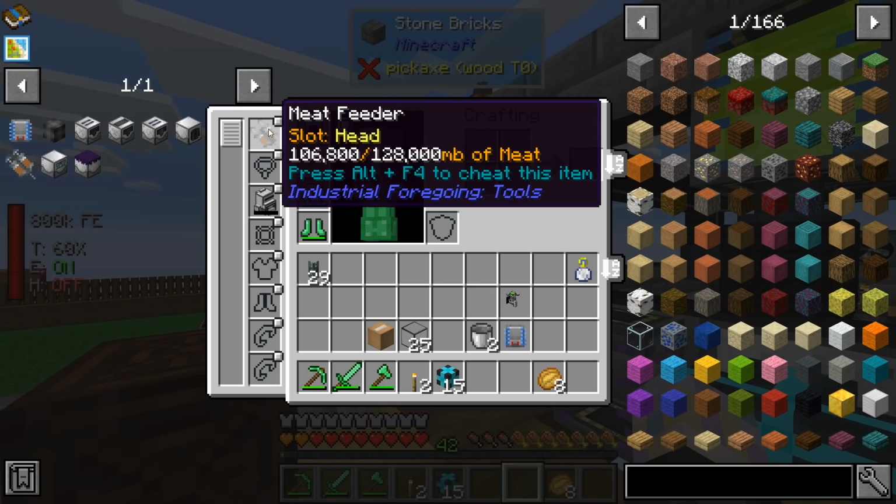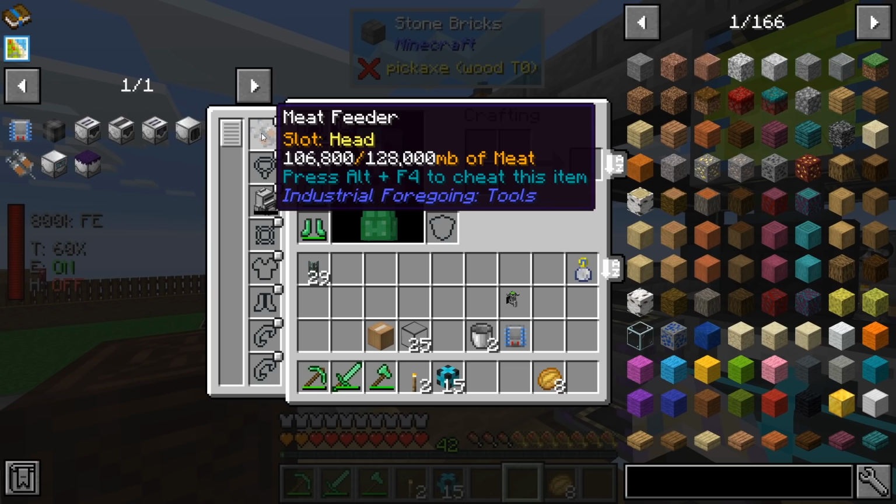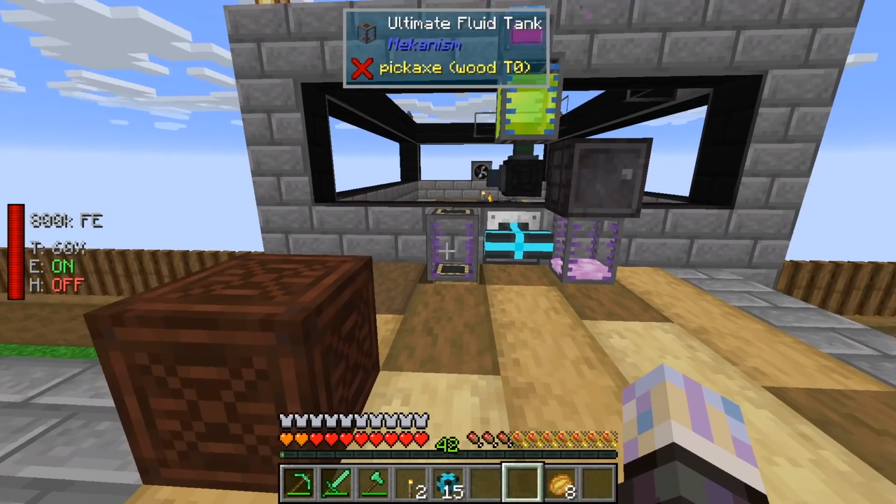Also, this is kind of funny where it says press Alt-F4 to cheat this item. If you're new to modded Minecraft, don't do that. It's going to crash your world. Just don't. I don't know why the mod dev thought he had to be a funny guy and put that in there. But I bet he's crashed a lot of people's worlds with that message. Press Alt F4 to cheat this item. Yeah, definitely don't do that. Anyway,